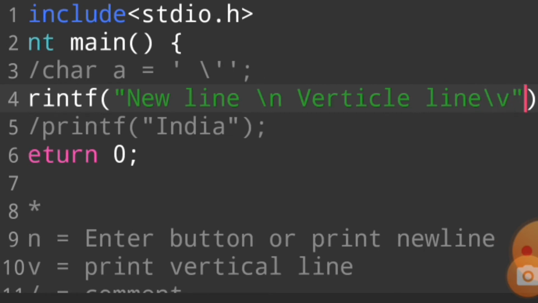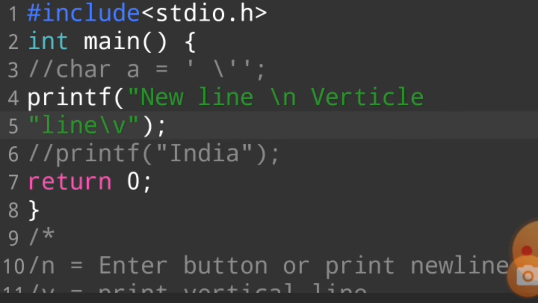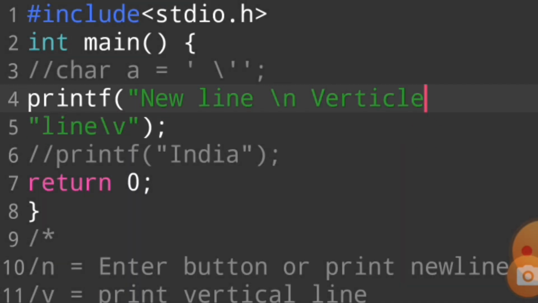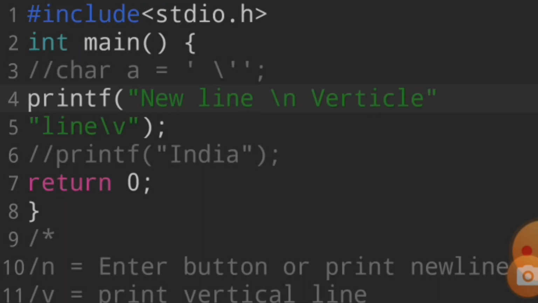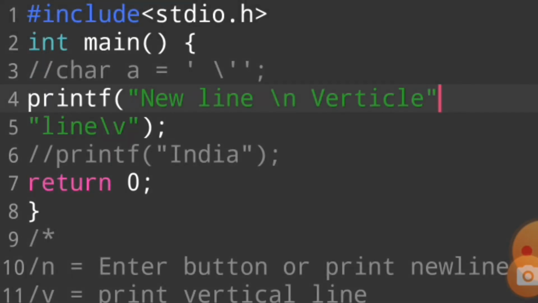These two cases you will use most of the time. If I run this program, I'm so sorry guys, this is my mistake. If I run this program, new line, vertical line, new line is printed, and the vertical line is printed in a vertical way. So I hope you understand this topic.